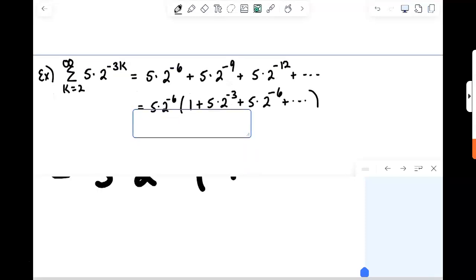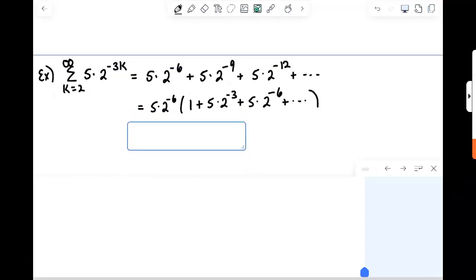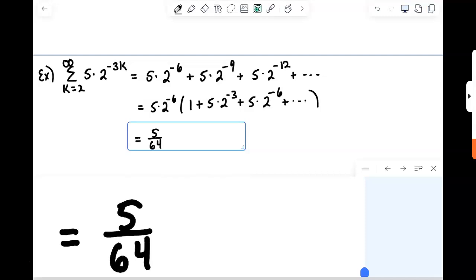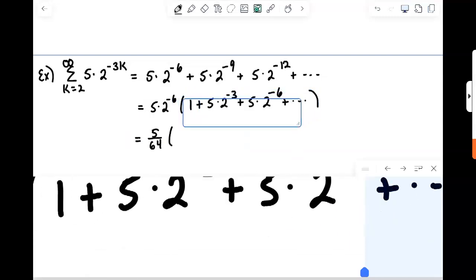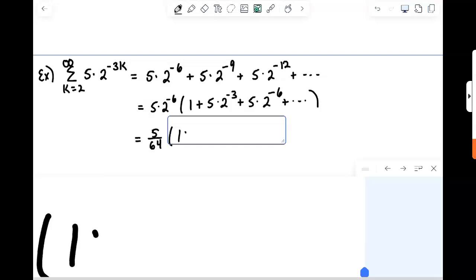And then what do my terms look like now? Well, I have 5 over 2 to the 6th. 2 to the 6th is 64, so 5 over 64 on the outside. And then look at what we have here. That's going to be 1 plus,